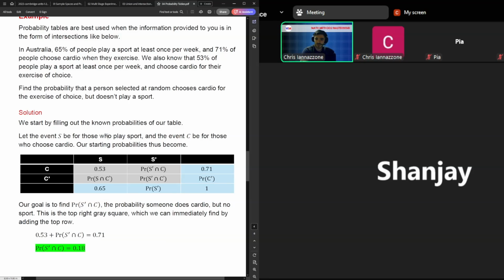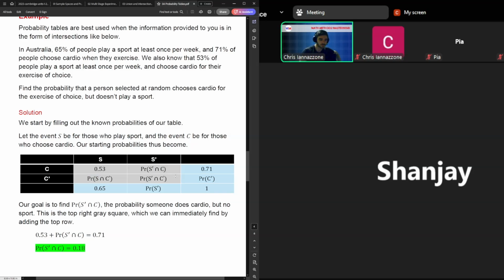But okay, so start by filling out the table. The first thing we had was 65% of people playing sport, so the total of the sport column should be 0.65. 71% of people doing cardio, the total of the cardio row should be 0.71. From there, you had 53% of people doing both, so the intersection of doing both should be 0.53. As long as you have one thing in the grey and two things in the blue, or basically three things that are separated between grey and blue,